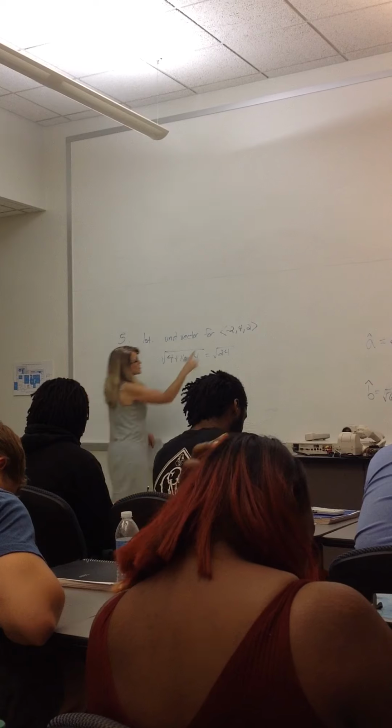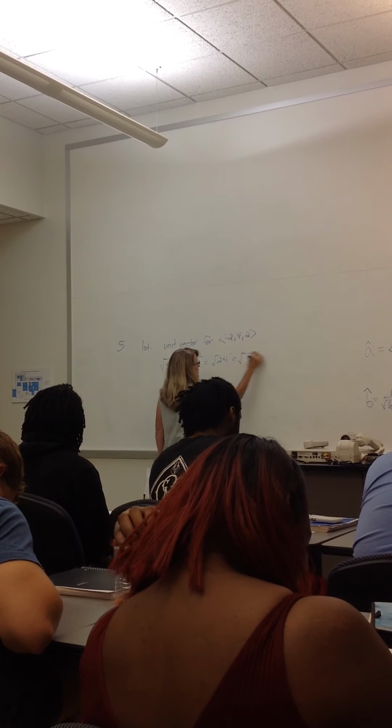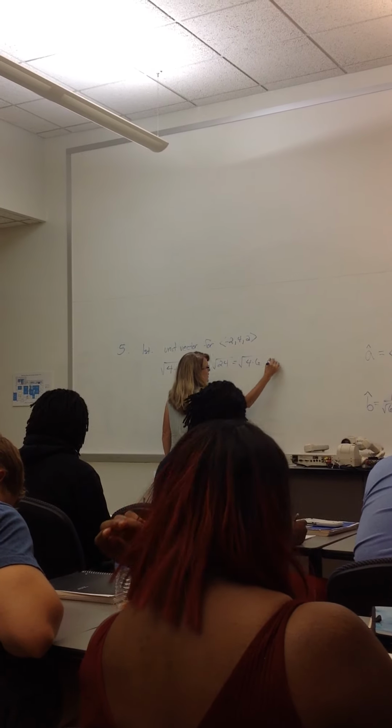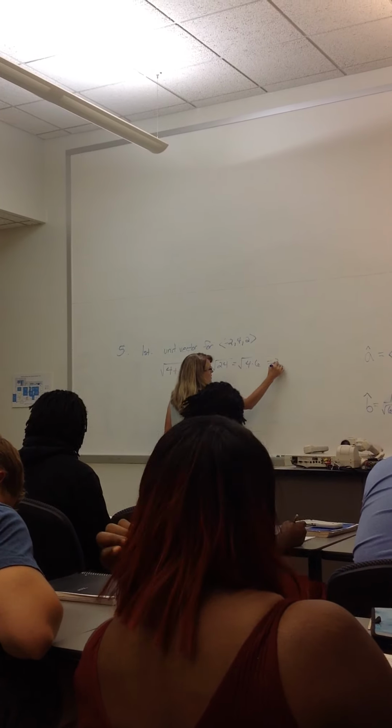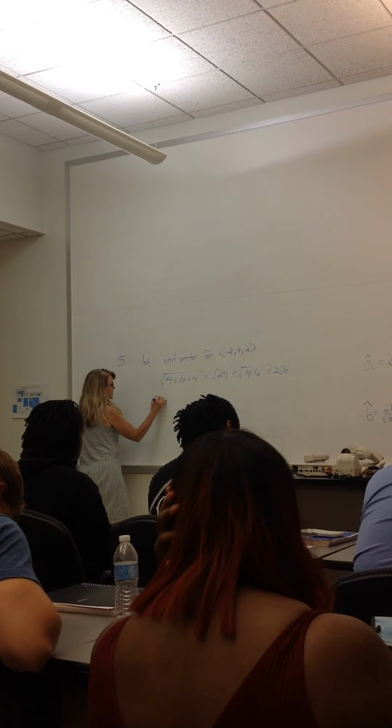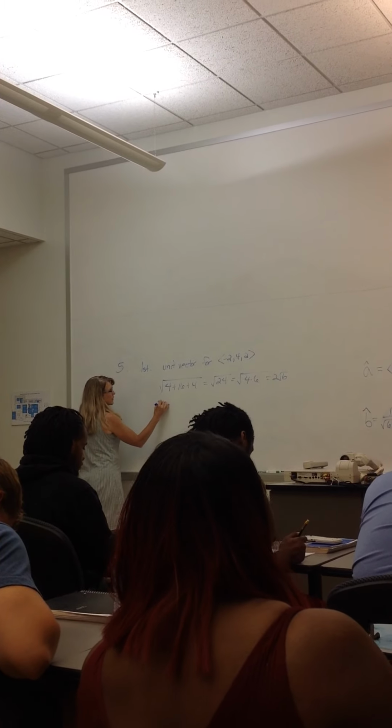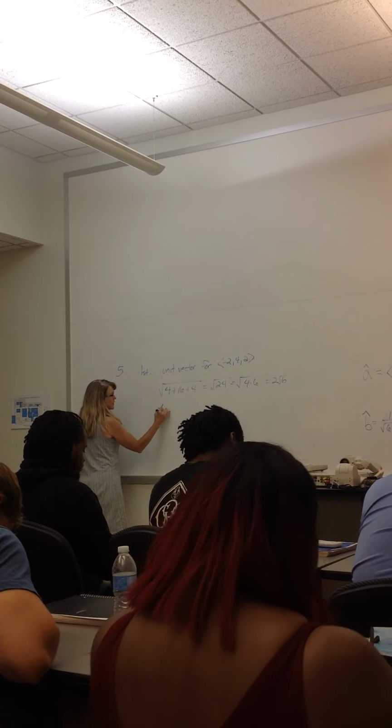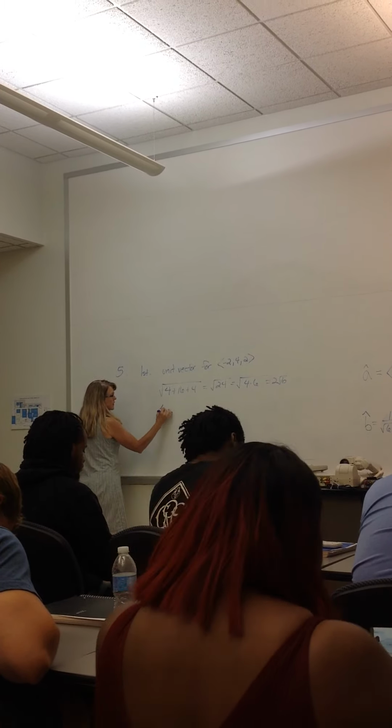And actually, because these are all even, it might be helpful for us to recognize that that is 2 root 6. So my unit vector will then be -2 over 2 root 6, 4 over 2 root 6, 2 over 2 root 6,